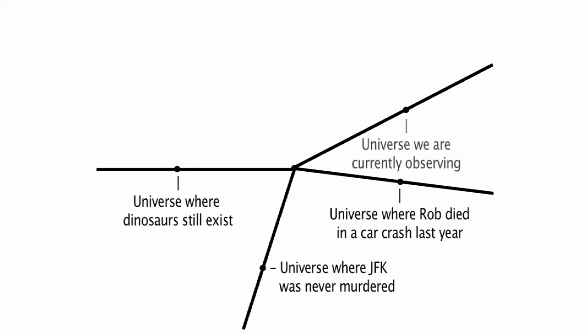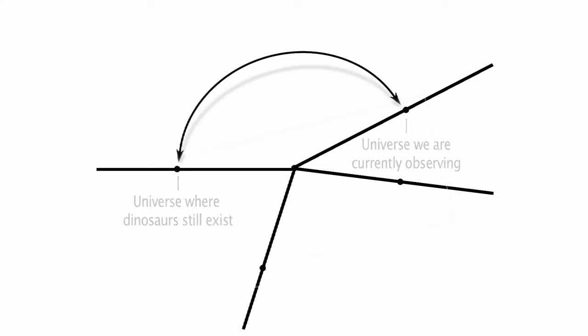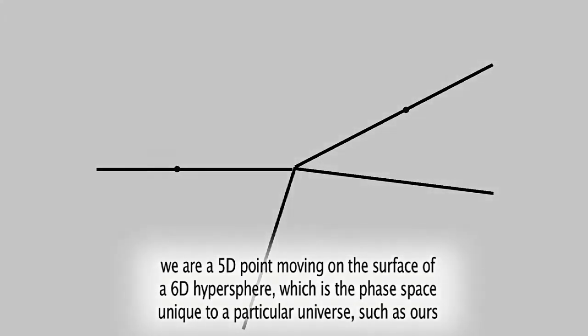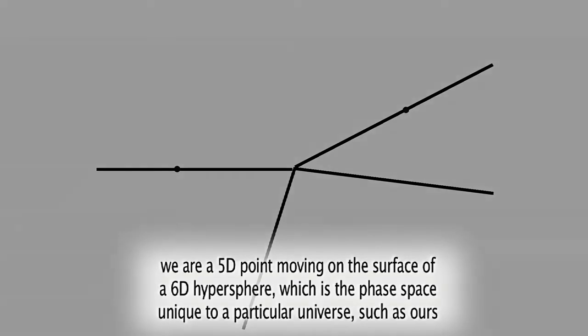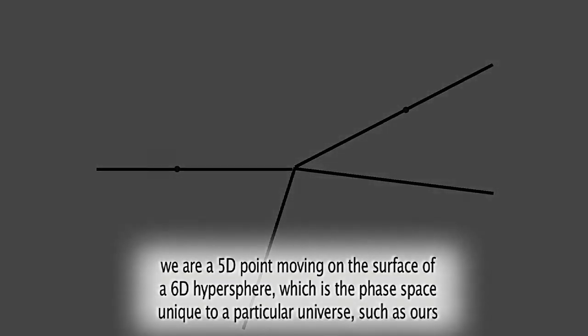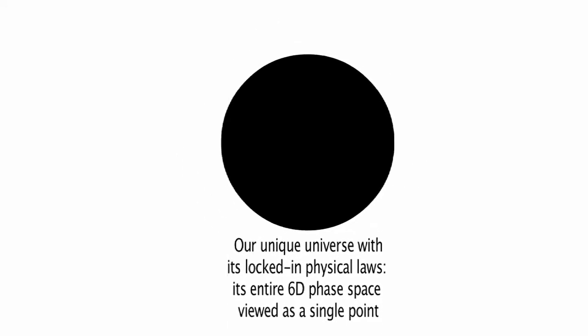But they are now inaccessible from the universe we are currently observing. Those other universes, in a manner of speaking, are beyond the horizon of our 5D probability space, which leads me to conclude that we are a 5D point moving on the surface of a 6D hypersphere. This sixth-dimensional phase space, as some have called it, includes all possible versions of our universe from its beginning to its end. But within that phase space, we never wander off into one of the other universes with different physical